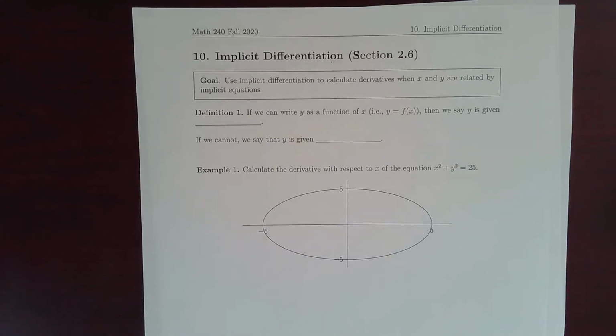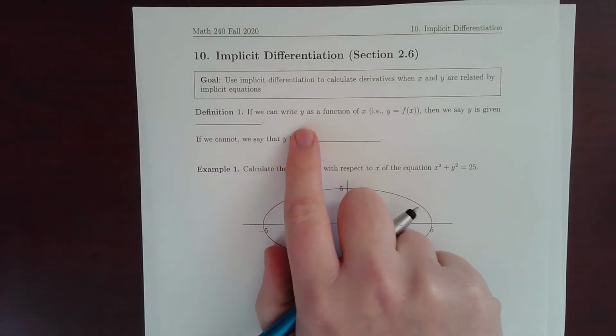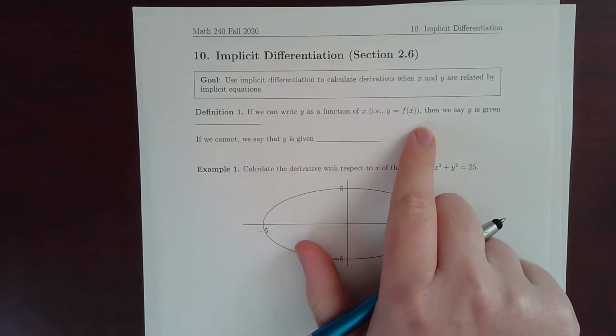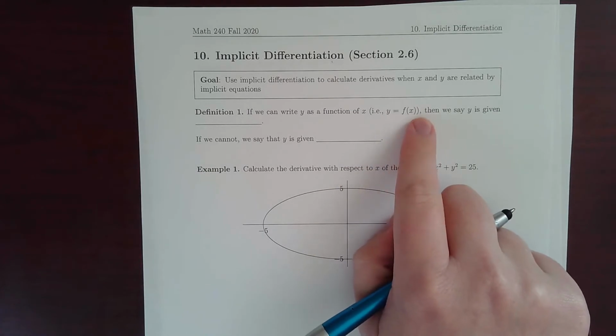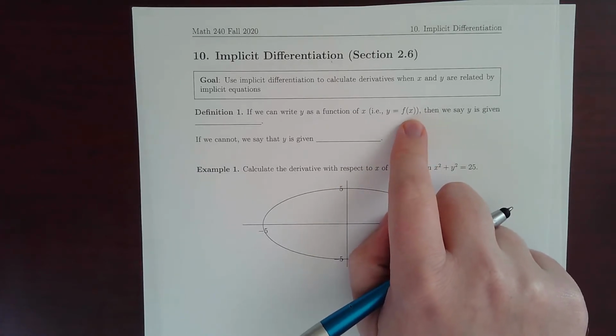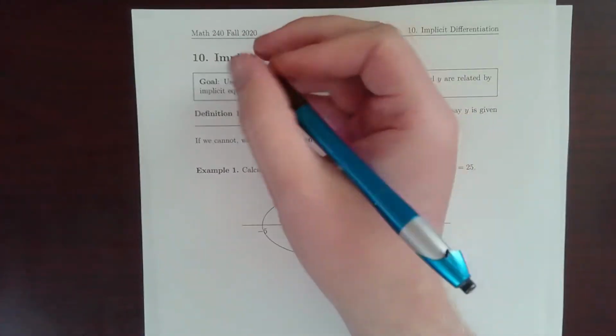Alright, now we're going to tackle something called implicit differentiation. First, it helps to understand the difference between implicit and explicit. If we can take a function y and write it as y equals f of x, where the only thing we're writing it in terms of involves x, whether it be the cosine of x or x squared or x cubed plus cosine of x plus 1 over 3, something like that, then we say that y is given